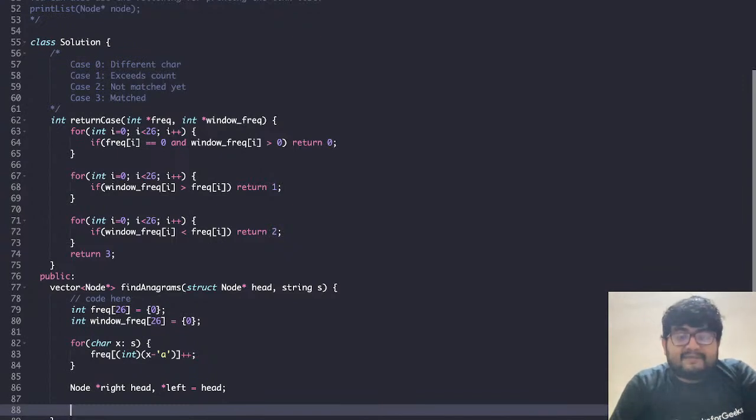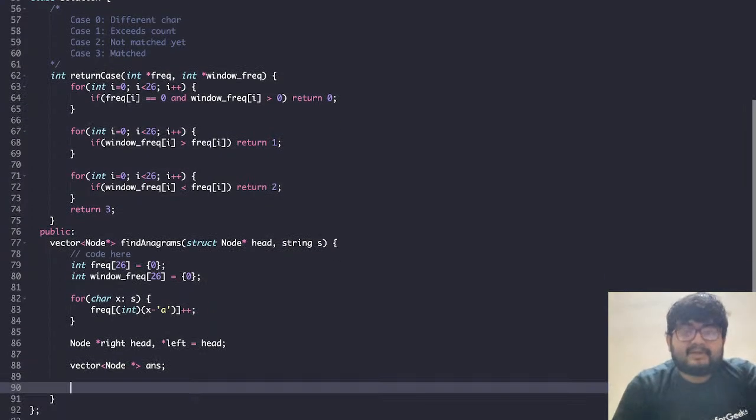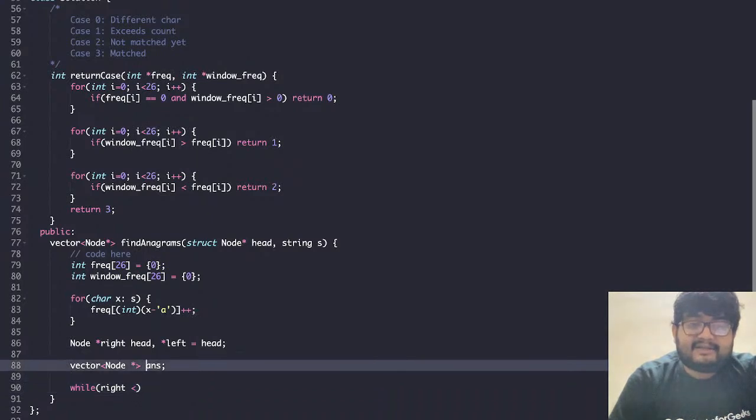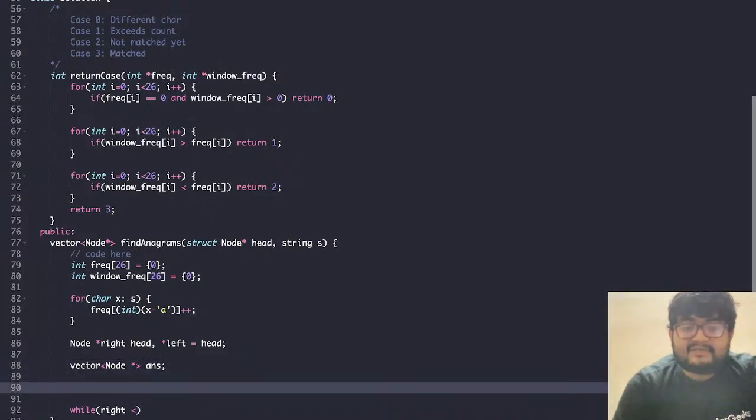Right equals head, left equals head, and yeah, we can maintain a vector of node star, answer. And then what we can do, answer. So we'll go through all the characters. While right is less than, we have to mark the end as well, right? We have to mark the end of that as well. So node star